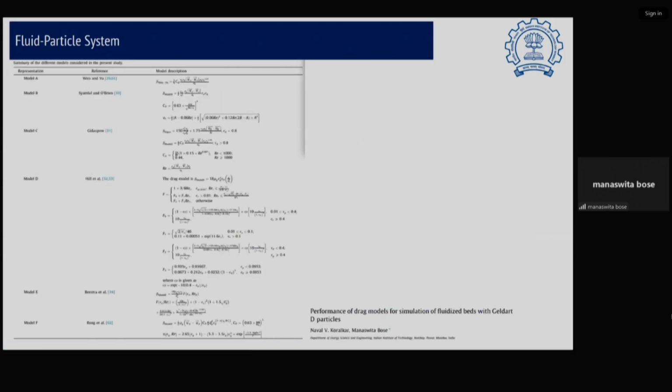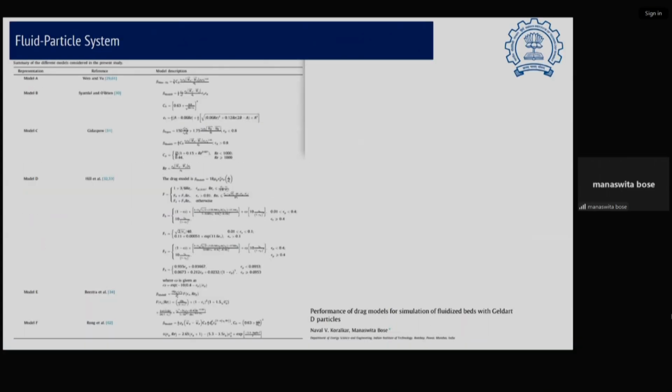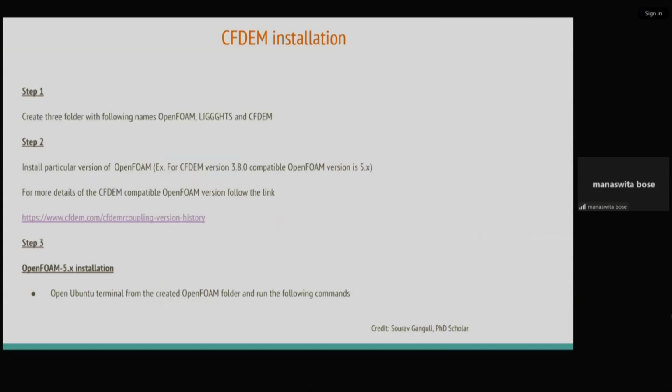Here I have listed some of the drag forces. There are many other drag forces, and one has to refer to the literature for them. With an open source software framework, one can always add a drag force. One can modify the code to add drag forces and run the simulations. And these are the methods. Again, CFD-DEM simulation. The only point is that, I think even now, it is compatible only with OpenFOAM 5, and that is